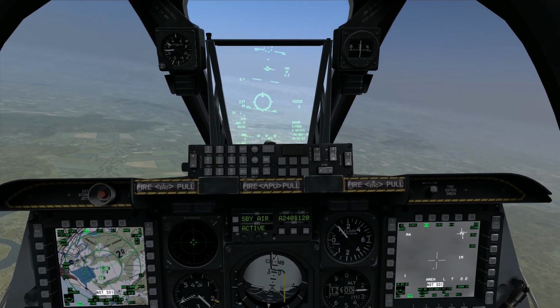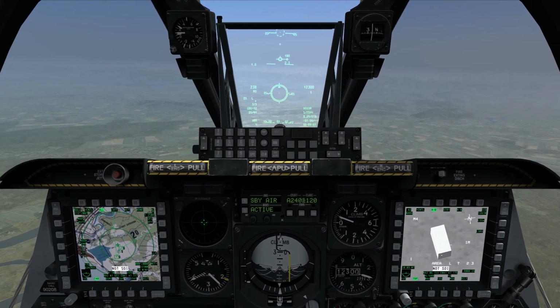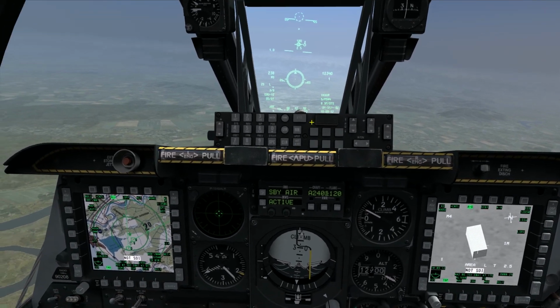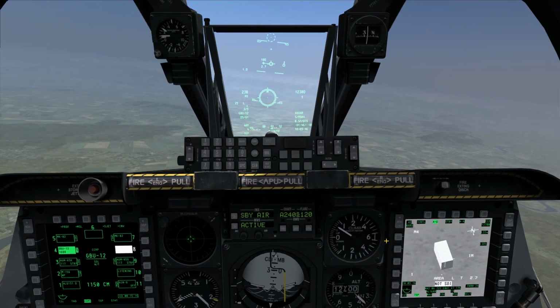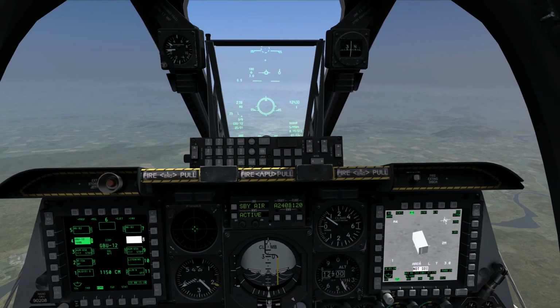So the 3-9 option is there to make it less restrictive on you and to help you out, because you don't have to be as precise when you're releasing a guided weapon as you do when you're releasing an unguided weapon. Now, one more small point to make on the 3-9 option is that,